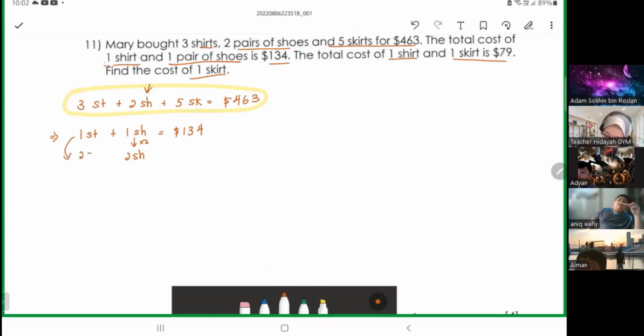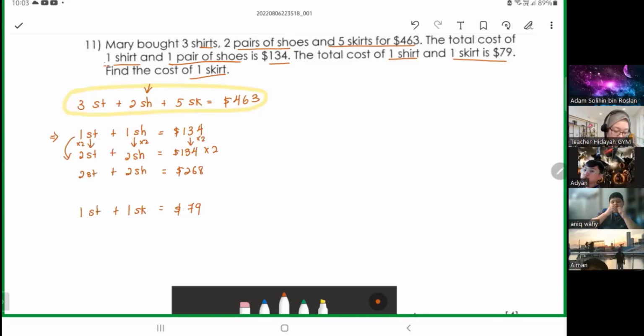So it becomes 2 shirt plus. So here becomes 134 times 2. Everything must times 2, get it? Because I'm trying to make it into 2 shoes. So 2 shirt plus 2 shoe equals $268. Next one, I have 1 shirt plus 1 skirt equals